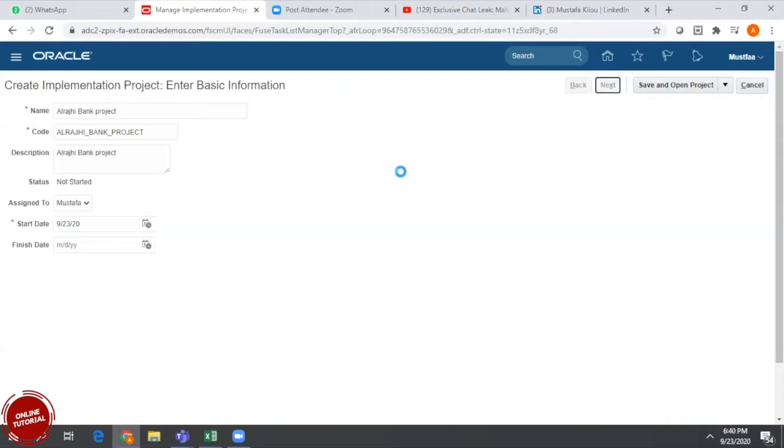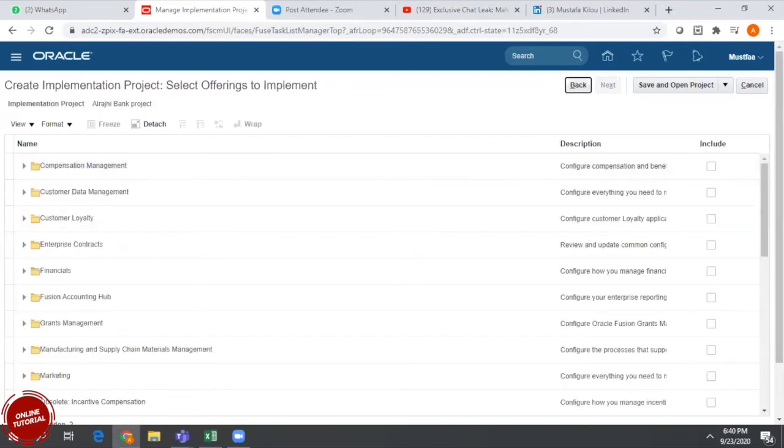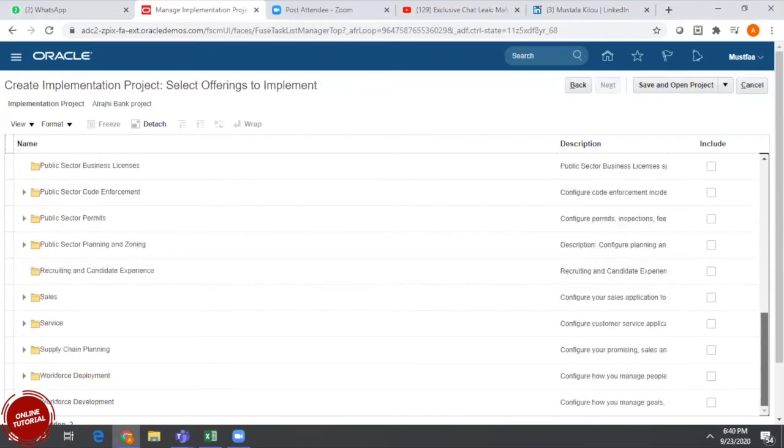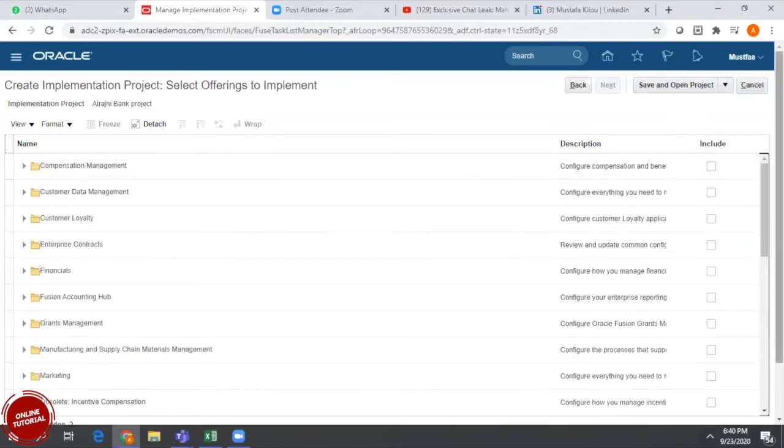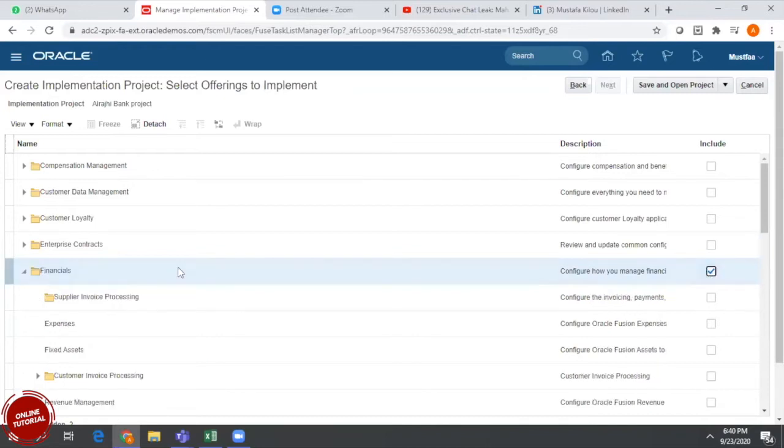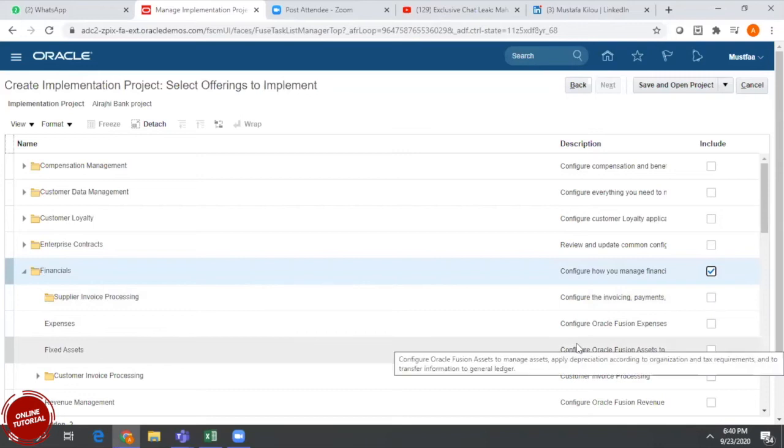Here, under this project, what are the offerings which we require? We need to select all the required offerings. For example, I require financials. Select this option. Under this financials, what sub options are required?